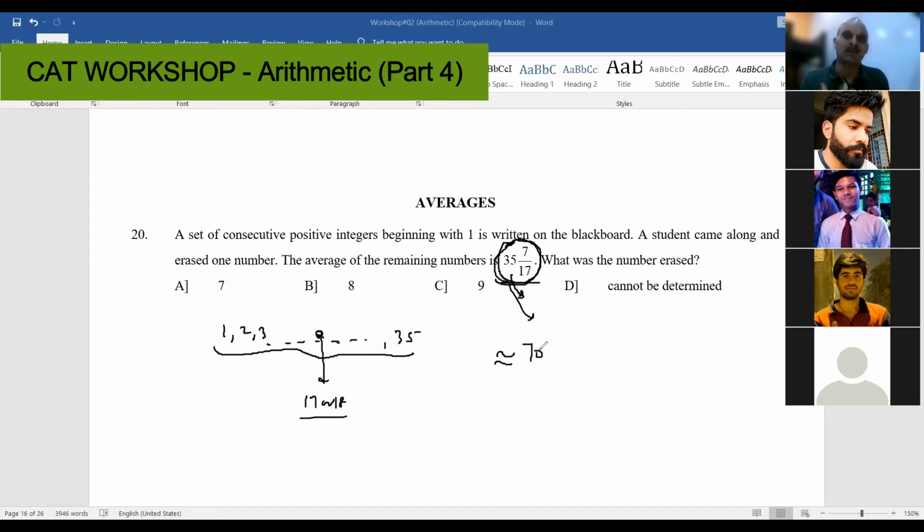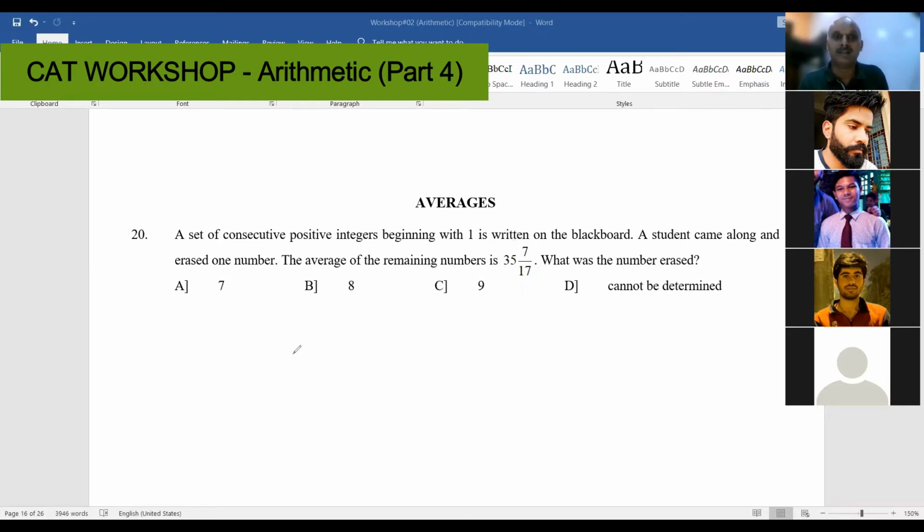And this is the logic I was talking about at the beginning. Yes, sir? But then how many? So 69. How do you know that? 69, because when we remove 1, that gives us 68, and the average has 17 as a denominator. So how did you find 69 in the first place? The initial average was less than 35 7 by 17, and the average of the first 69 numbers is exactly 35.